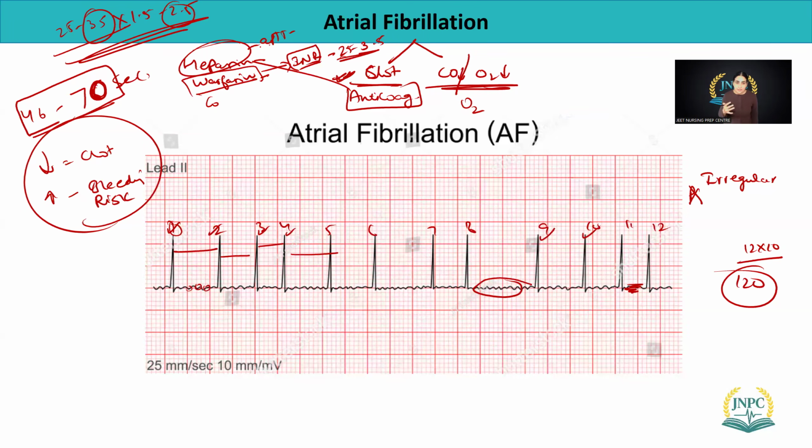And if you keep giving it, it can cause one complication. Which one is it? Complication. Come on, guys, we did that. Perfect, Mehak. Thank you. So it can cause HIT. What is HIT? Heparin-induced thrombocytopenia or thrombosis. So whenever you give heparin, do not only focus on your APTT time,